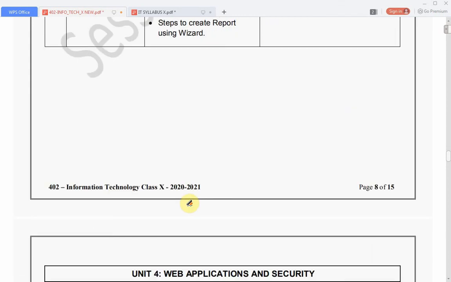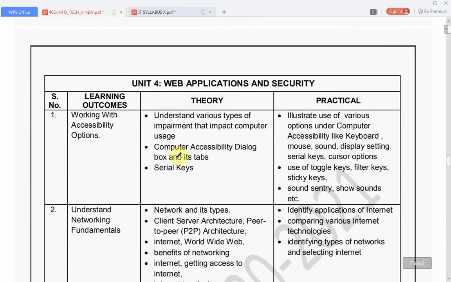And in the last unit we have to study web applications and security. In the first chapter we have to study working with accessibility options, understanding various types of impairment that impact computer use, computer accessibility dialog box and its tabs, serial key.